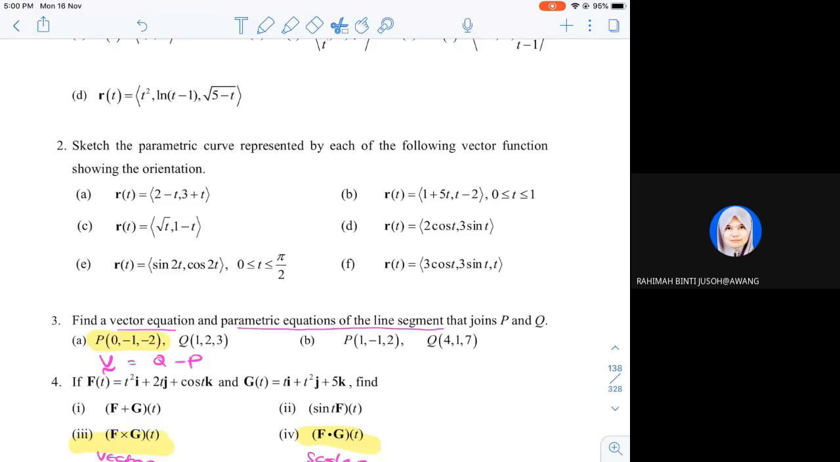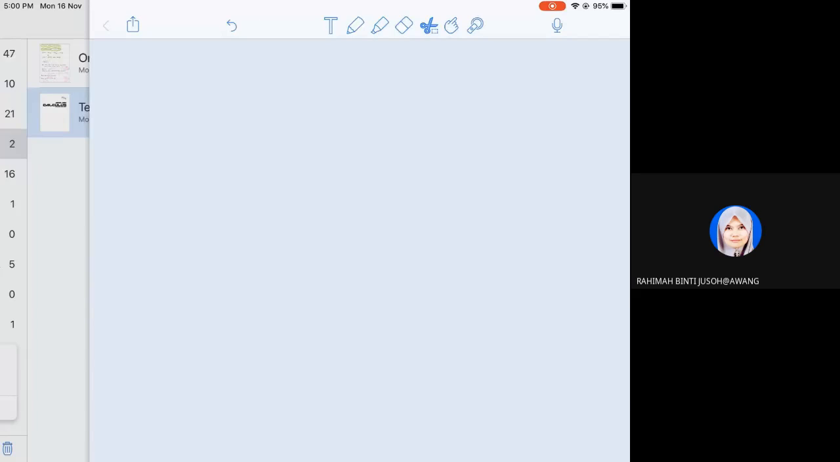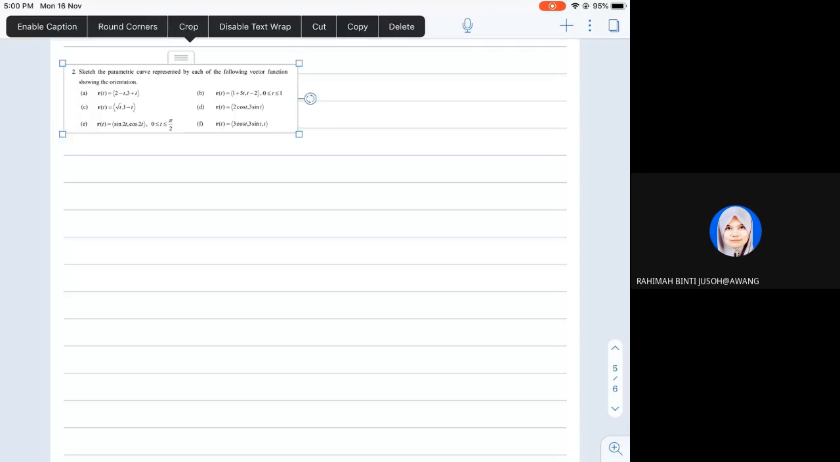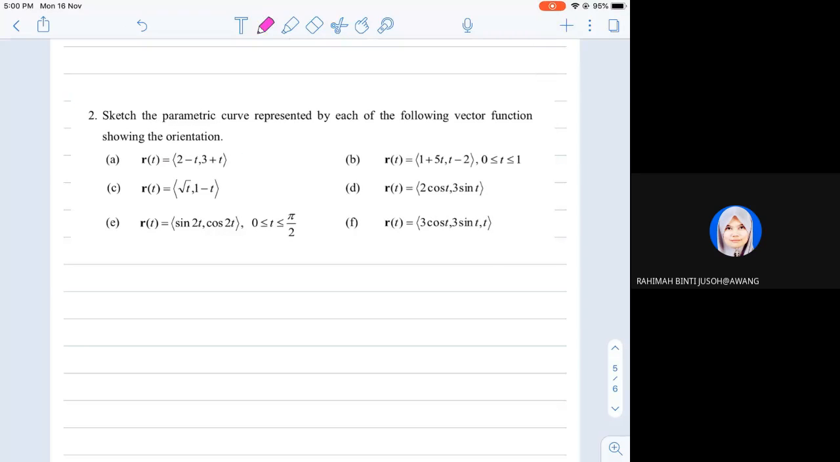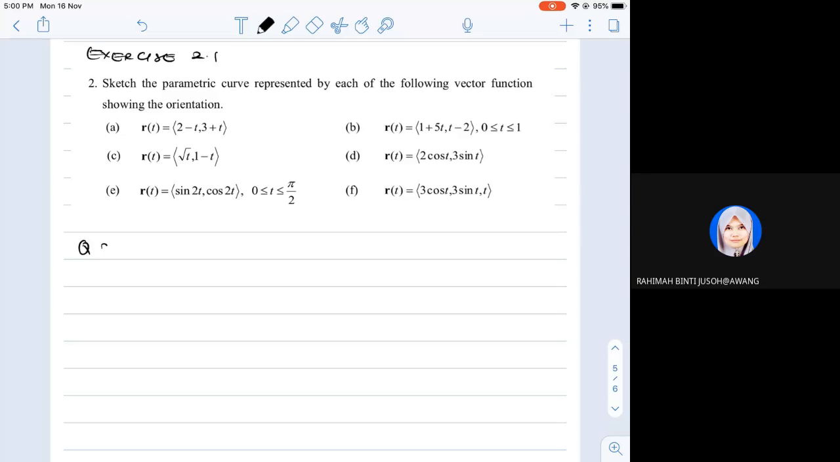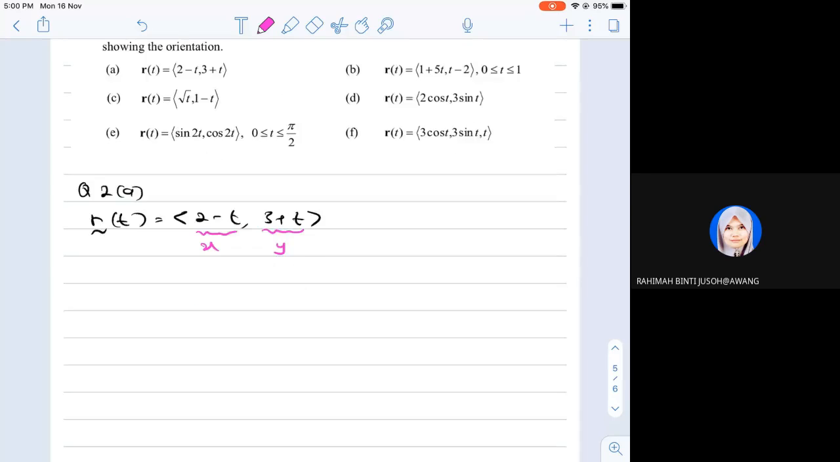Alright, question number 2. Exercise 2.1. Okay, let us do question number 2A. Sketch r(t) as 2 minus t, 3 plus t. Okay guys, first of all, this is our x and this is our y. Okay, x and y. So of course, we can write x equals 2 minus t and then y equals